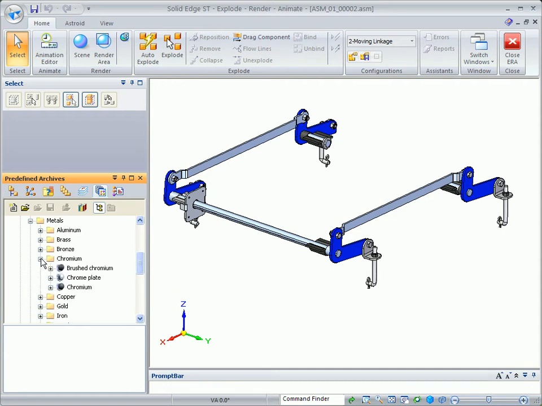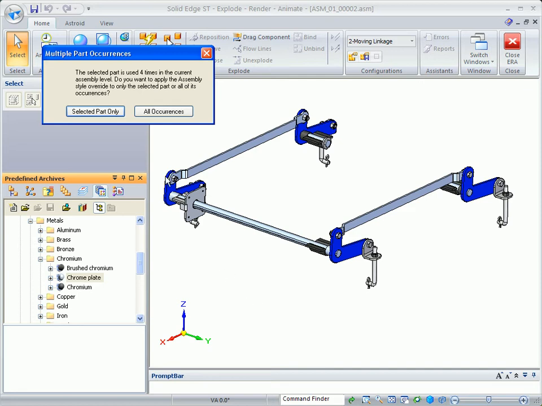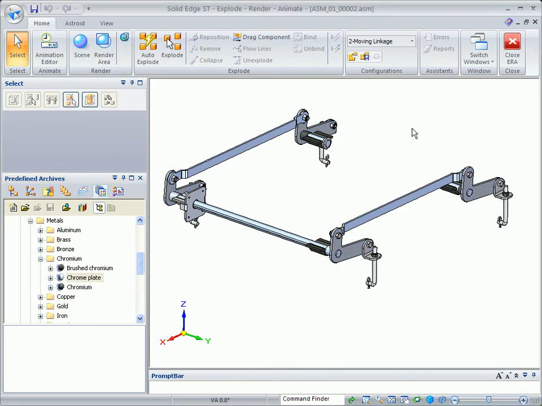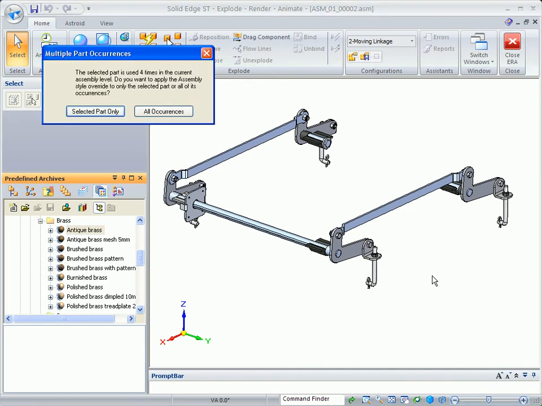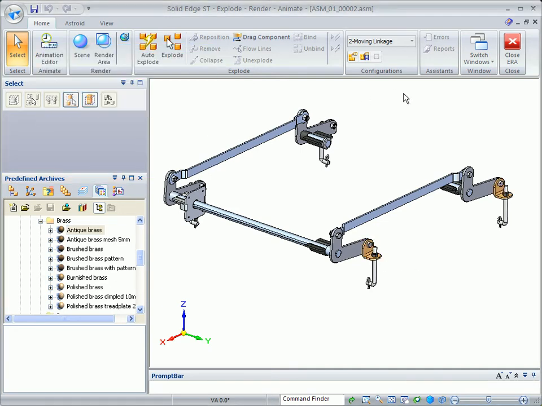Let's, for example, go into just something quick and easy. We'll go into Chrome. And what I'm going to do is I'm going to take this Chrome plate and I'm going to apply it to this blue L bracket. It's going to give us an option. I'm going to tell it all occurrences, and you'll notice that it does change it. And then I'm going to come up to, say, brass, and we'll go to antique brass, and I'm going to copy that to this little L bracket, and we'll use all occurrences there. Once we've done that,